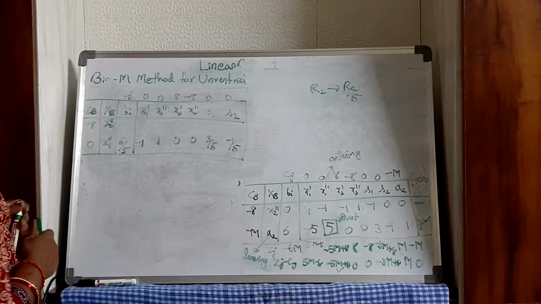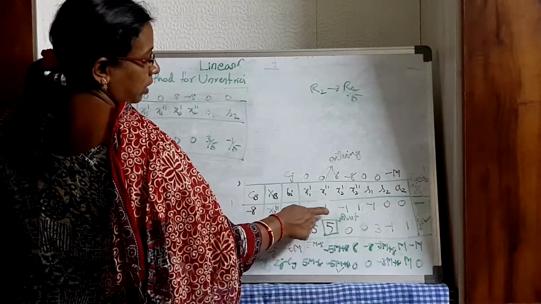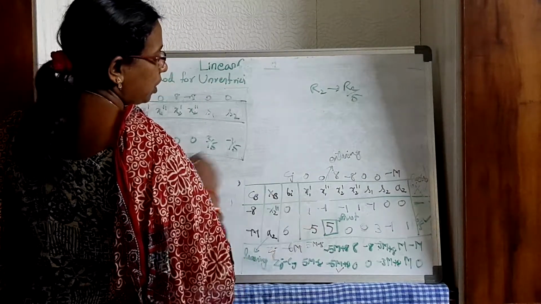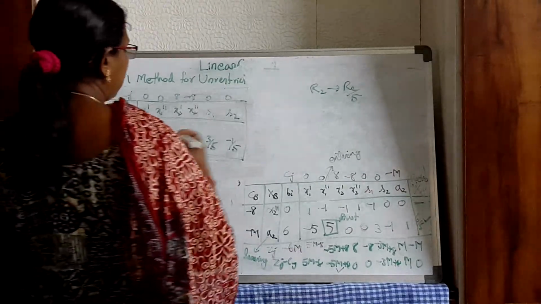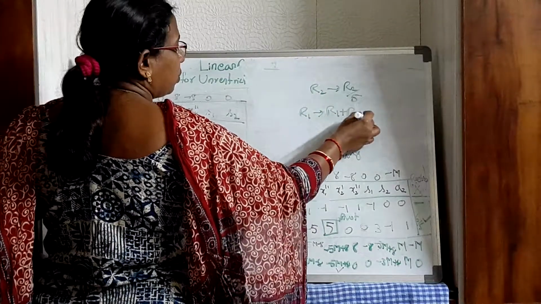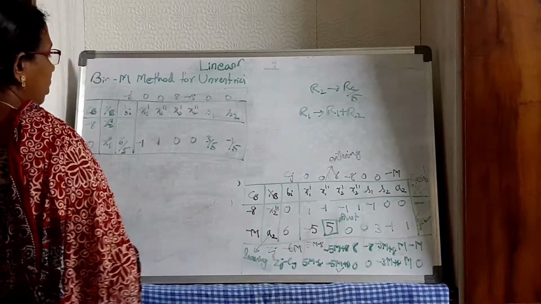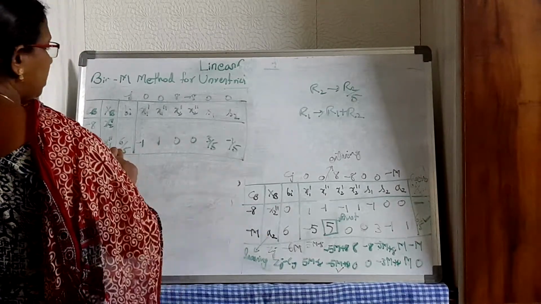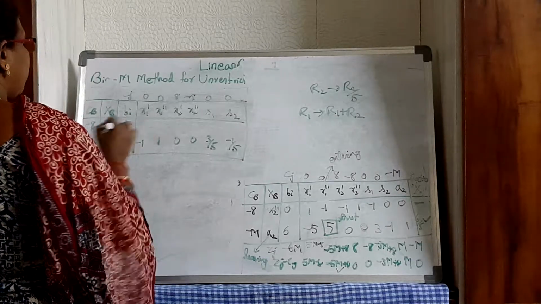Now what transformations do you have to make for R1? The values corresponding to the pivot element in that column should be made 0. So this is R1, and the pivot element we have converted to 1. So R1 will be R1 plus R2 because this is minus 1. If I add this one then it will be 0. So R1 is R1 plus R2. So R1 is 0 plus R2. R2 is 6 by 5, so this is also 6 by 5.